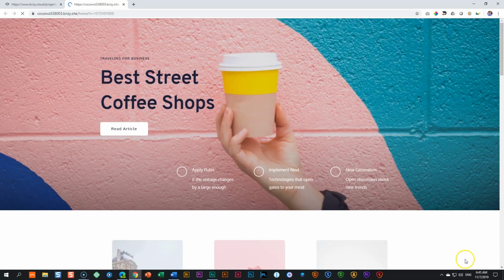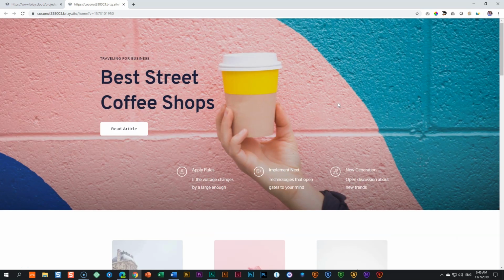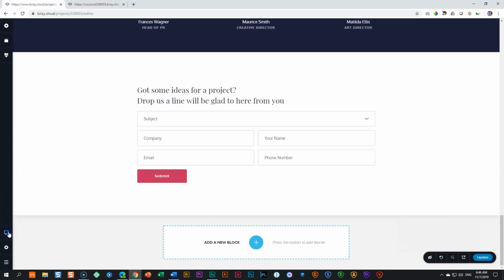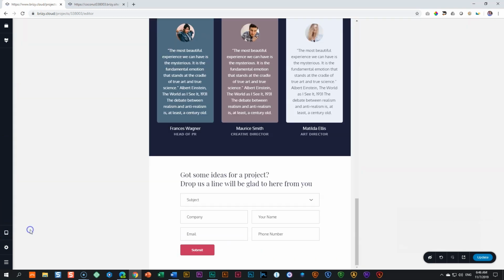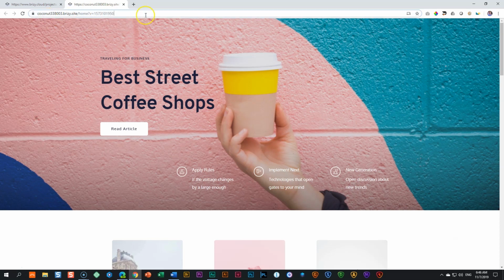Let's go and preview it on the front end. Great, and there's your page. Same thing. And also, of course, you will have your normal responsiveness settings over here, tablet and mobile. They will all work perfectly. One thing I want you to note is have a look here at what you see here at the top, coconut